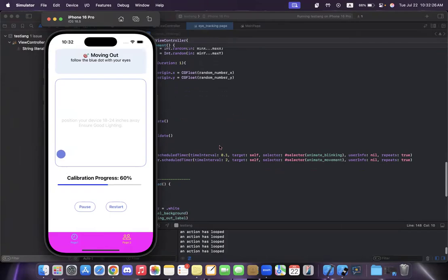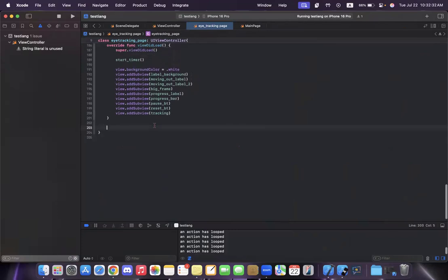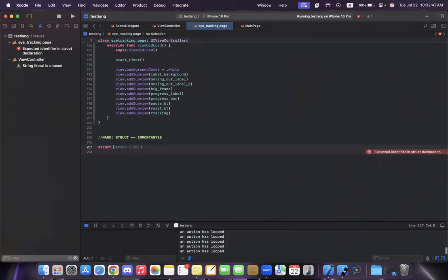Next, he said to set up the structures. So in Swift, one of the best ways to handle data is with a struct. So this is the struct model. So basically, this is just a class, but with a more specific purpose of just storing data. So let's say for your app, we want to store one user's data. So this is just a name. So we'll say this is a user object. And basically that's user. So in a struct, you want to define all the attributes